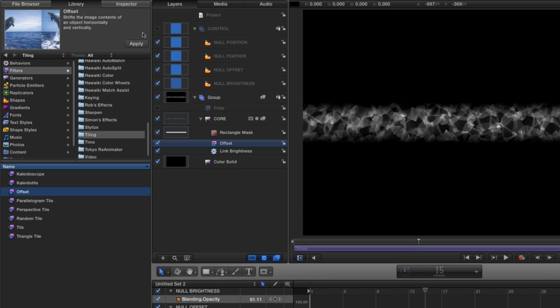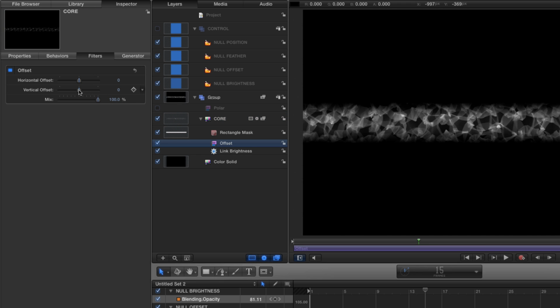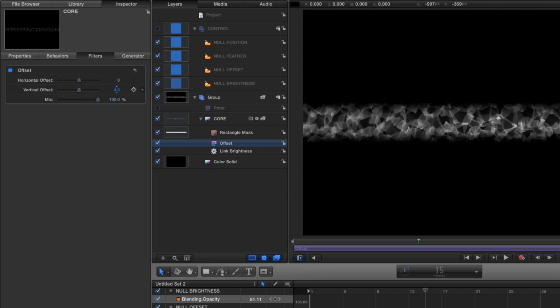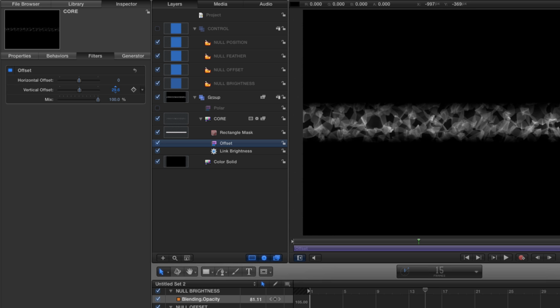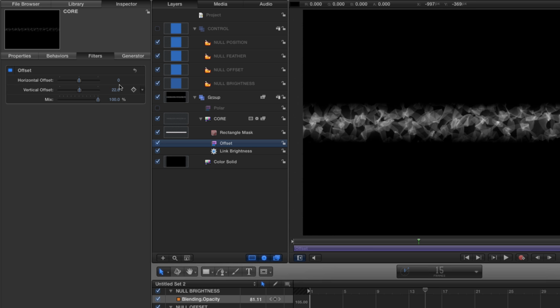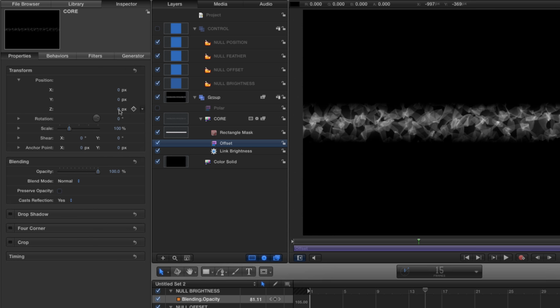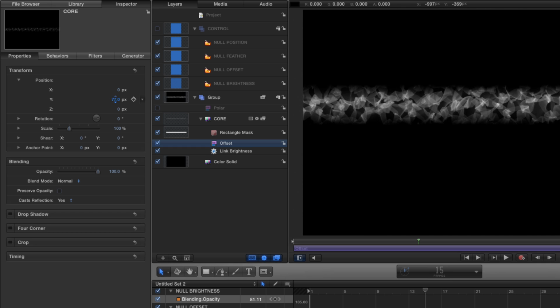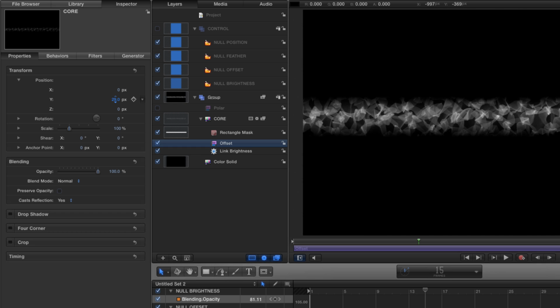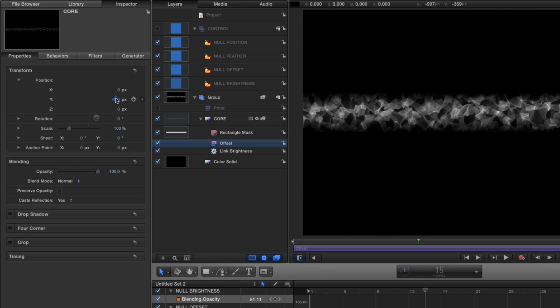If I hit F3 for the inspector and I adjust the vertical offset, you can see that that's moving the caustic upwards. You might wonder why I'm not using the Y position, but you see that doesn't have the same effect of sliding it within the mask,